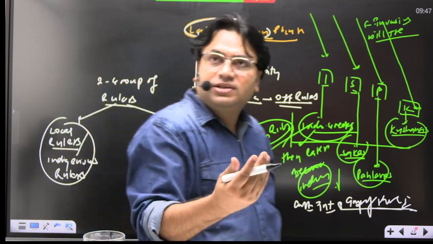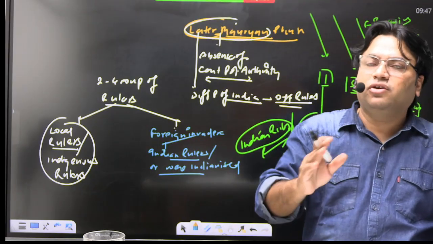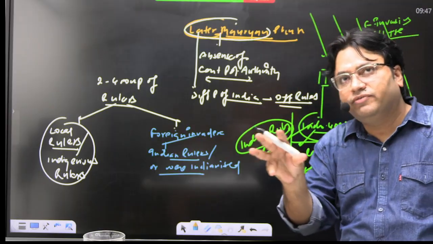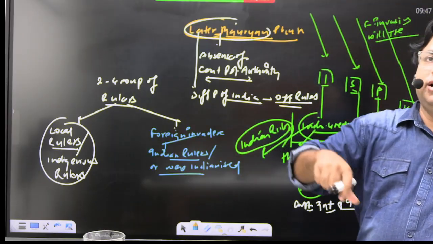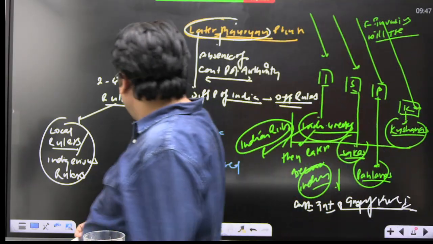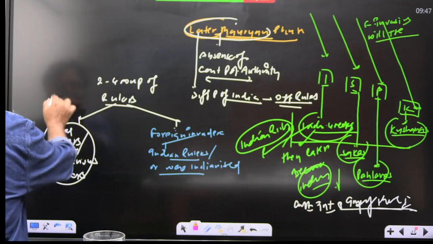In one group we will see different Indian rulers, indigenous rulers ruling different parts of India. And in the second group, the foreign rulers, different foreign rulers who came to India, became Indian rulers and were ruling different parts of India. So here in the local rulers, the dynasties which are important that we should know are, write this,